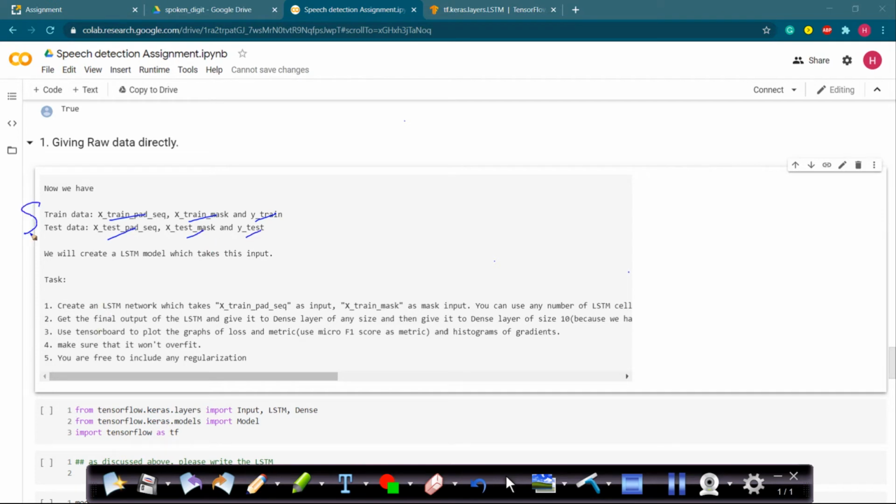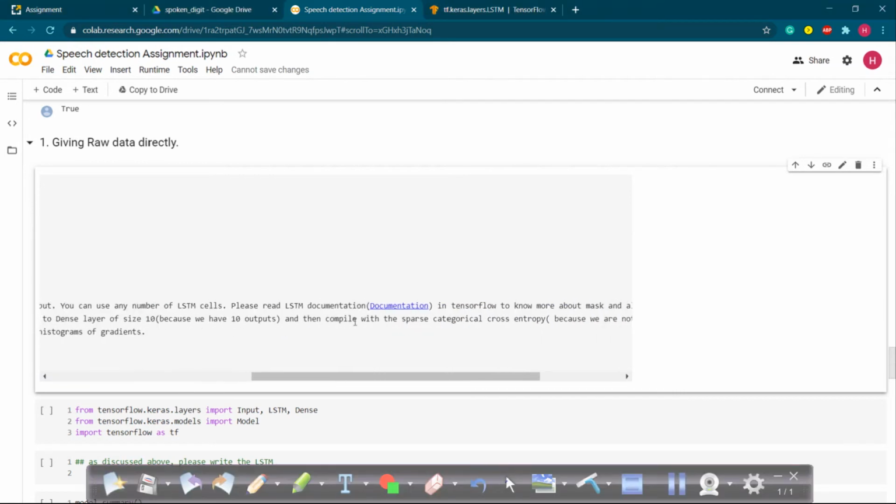With the help of this information, we will create our first LSTM model which takes this input. You can follow the steps to create your first LSTM model, where you have to create your LSTM network which takes your xtrain patch sequence as an input and also the xtrain mask as your mask input. You can use any number of LSTM cells you want.